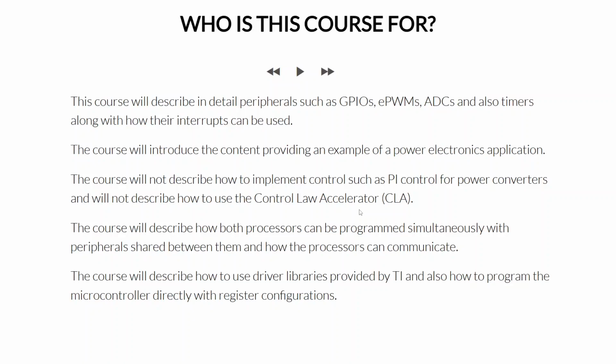In this course, I will be going into the details of peripherals such as GPIOs, that is general purpose input output pins, EPWMs, which are the enhanced pulse width modulation pins, ADCs, which is the analog to digital converter, and also timers. And most importantly, I'll be telling you how you can configure these particular peripherals using interrupts, which means now